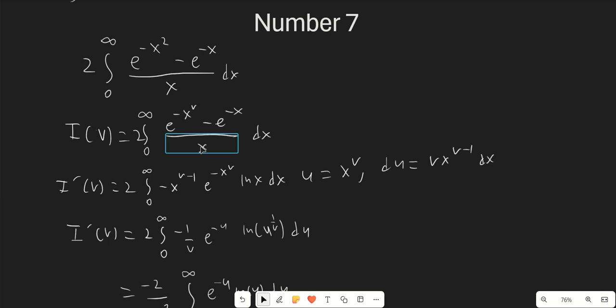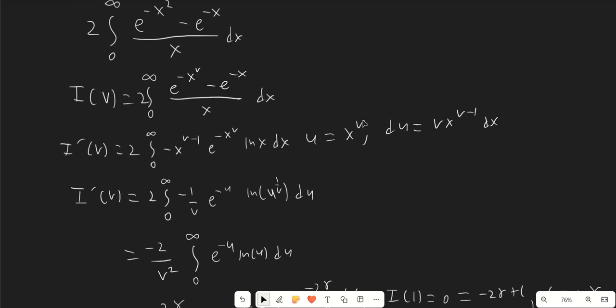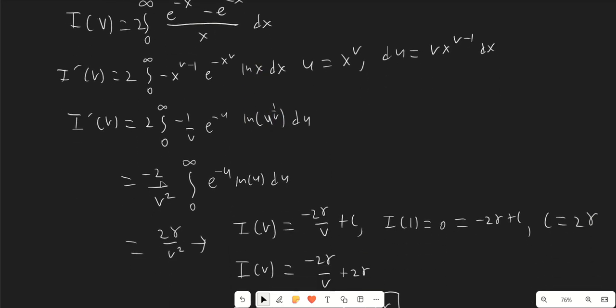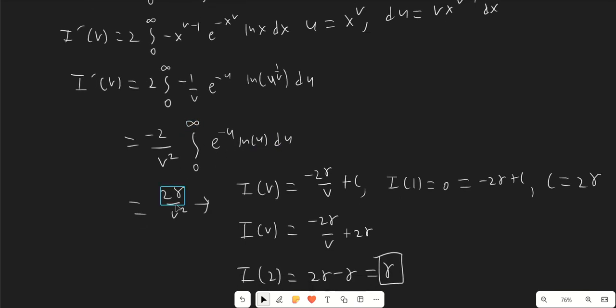The v minus 1 just comes from this x on the bottom, times e to the negative x to the v times natural log of x dx. So we do u equals x to the v, which means that du equals v times x to the v minus 1, which looks a lot like this. We just need to divide by v. So we get 2 times the integral from 0 to infinity of negative 1 over v, e to the negative u, times natural log of u to the 1 over v, because remember this was natural log x. So we get negative 2 over v squared, integral from 0 to infinity of e to the negative u ln u du, which is just the same as 2 gamma over v squared,